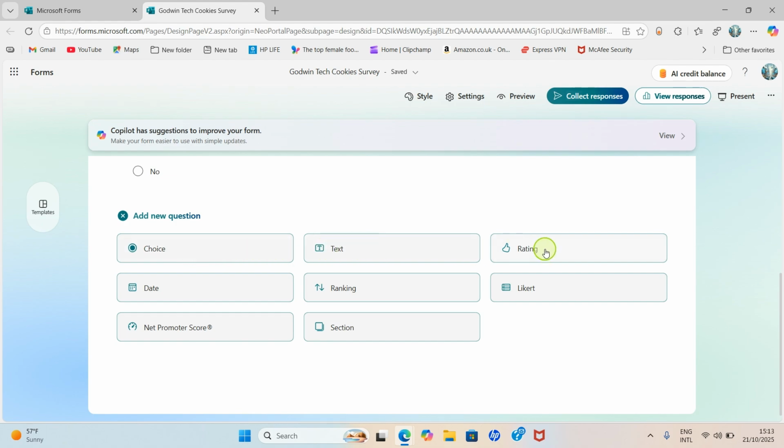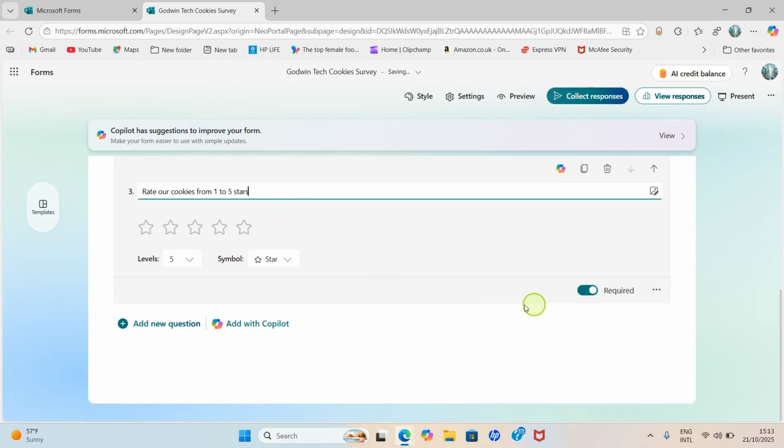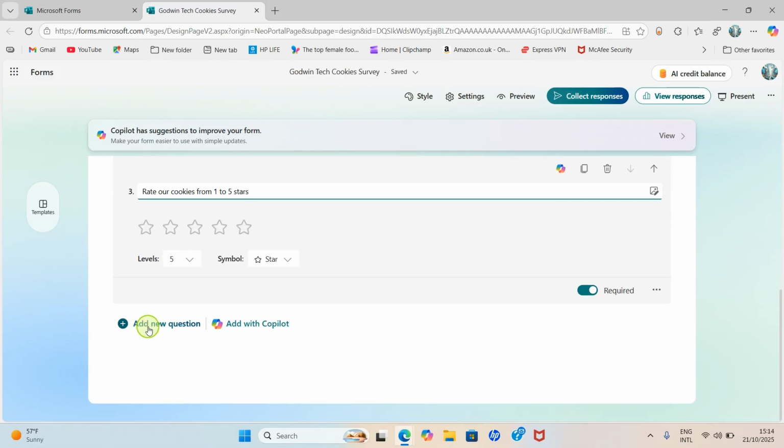Okay, let's talk about rating. So I'll select this. Rate our cookies from 1 to 5 stars. Okay, 5 stars. All right, so it's required. So the person is going to rate these cookies from 1 to 5. Then I'll go with this, add question,